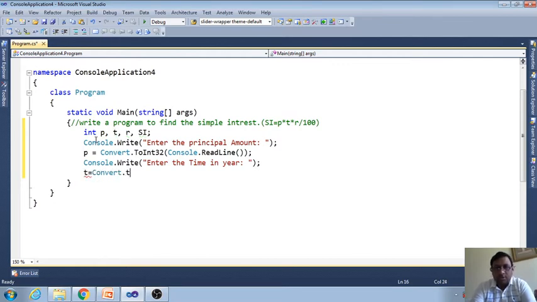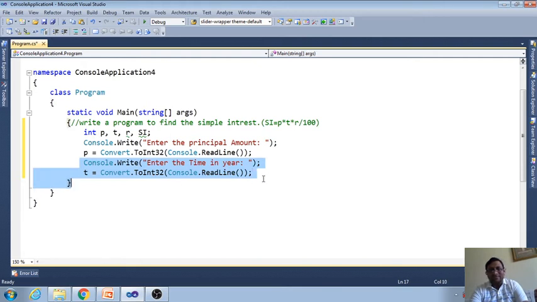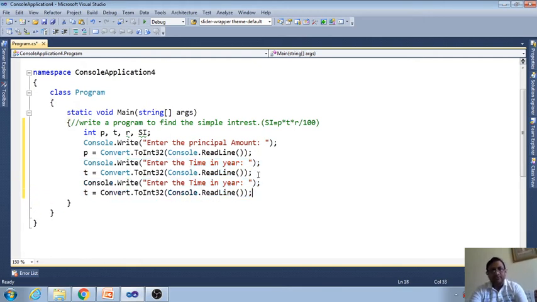Convert.ToInt32, and we will have Console.ReadLine. And this I am going to copy, I am not going to write it, it will take more time. Just only will change it. This is rate, and this will be R.